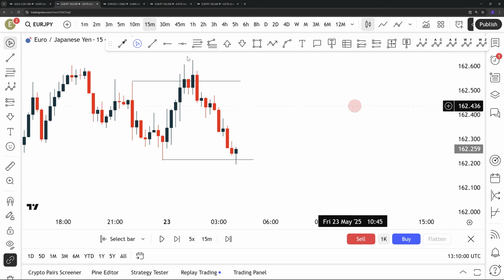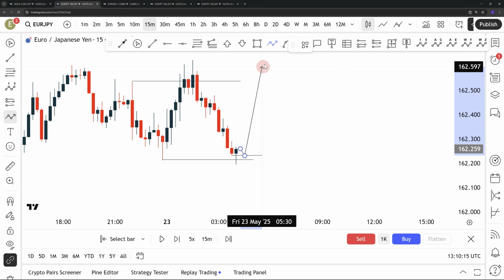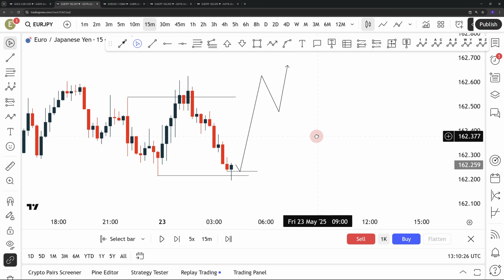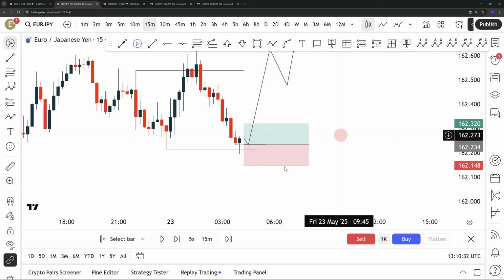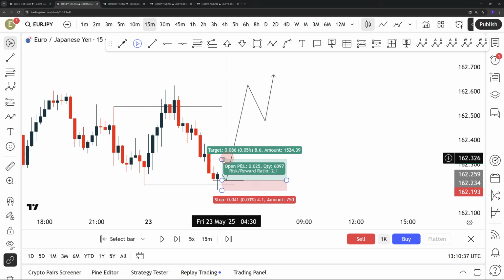As I said before, if you want to take only sniper entries, put the buy limit order below this previous candlestick, and then you target the previous high. Obviously the market doesn't move in a straight line, so you wait for the market to do whatever it wants to do. Put your buy limit order around this area, put a stop loss below,